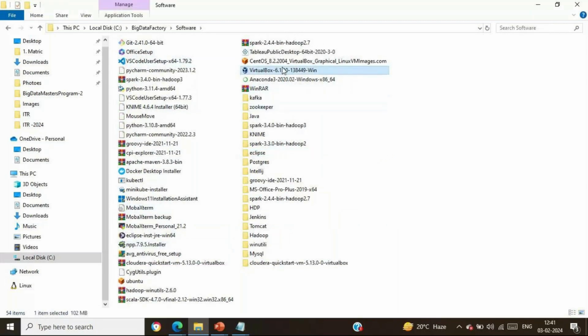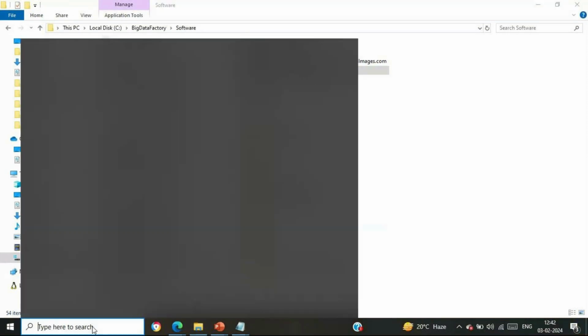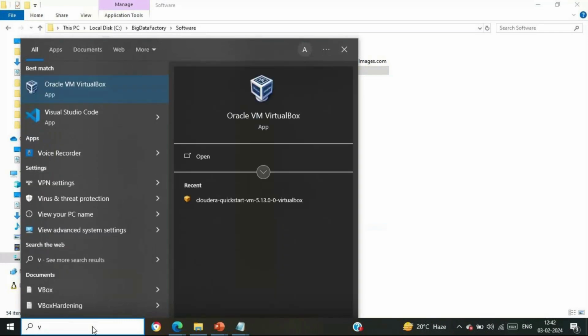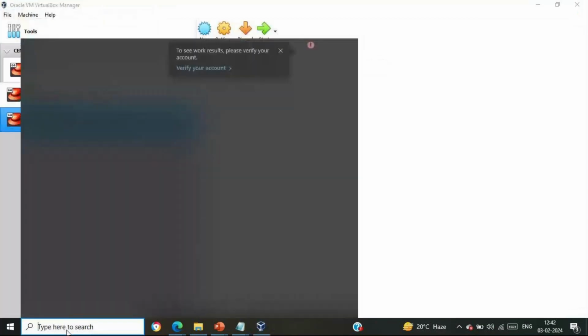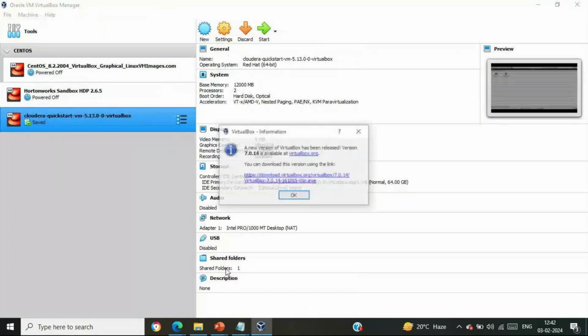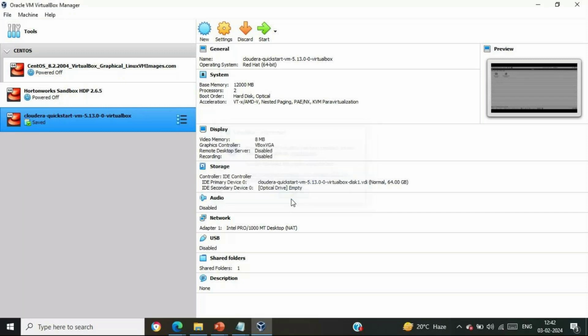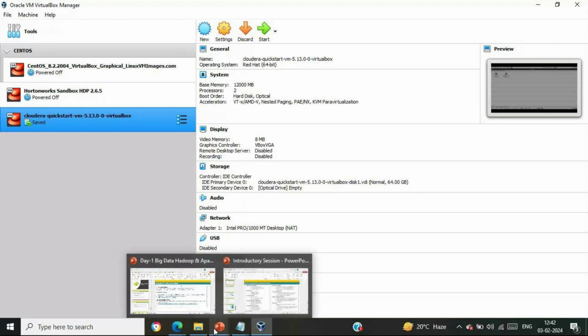You just need to download VirtualBox, and after installation, it will look like this, Oracle VirtualBox. You just need to proceed with the normal installation steps, and then it will be installed in your machine. So it will look like this after the installation. Then the next step, you just need to click on the second link